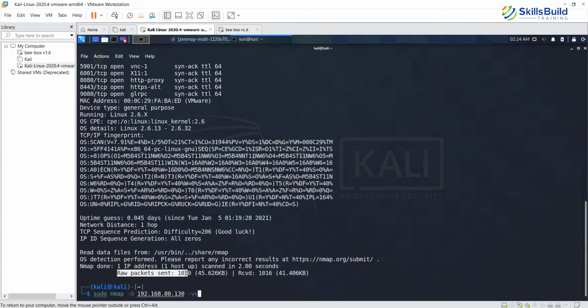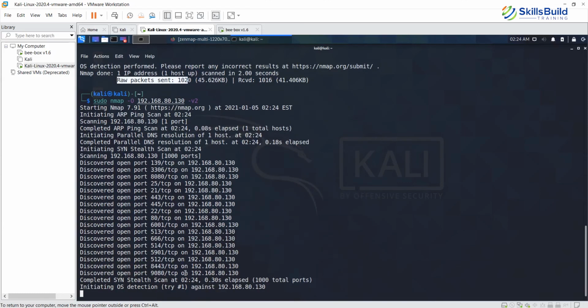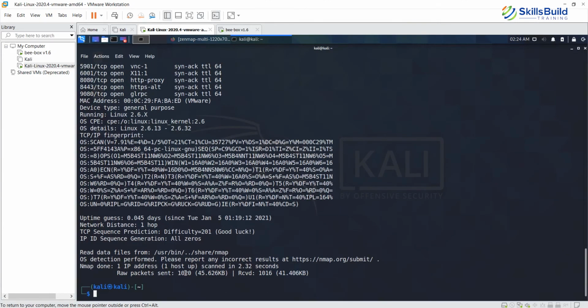This same command can be run like this as well: you say -v2. So you get the same output.